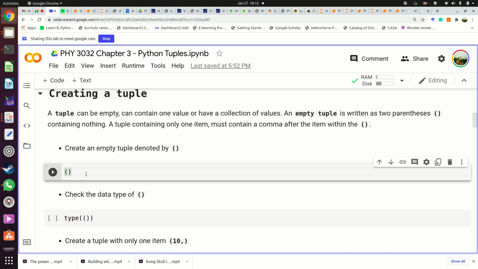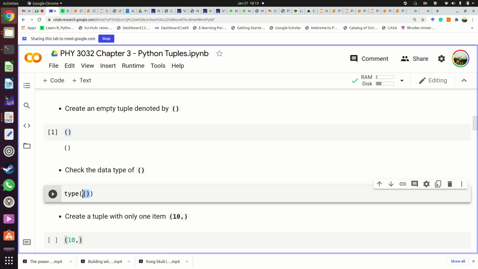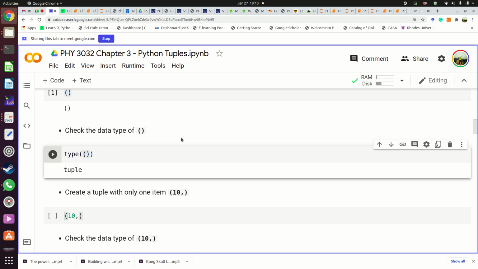So for you to create an empty tuple, this is how you do it. You just put these parentheses, then you run it. There it is. Then you want to ask Python what this is. So you give these two parentheses to the type function. You ask the type function what is this. The type function tells you this is a tuple. Okay. So these parentheses, the two of them, when you use them to enclose data, then you form what's known